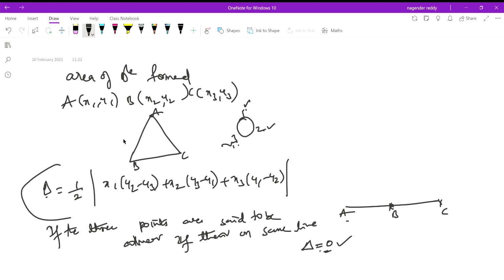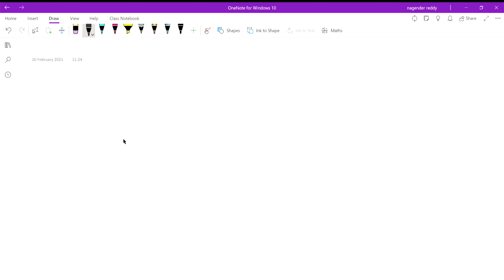We'll go for some problems based on the exercise. We have some questions in the exercise that we can practice. Actually, we have 4 exercises in total. The first one depends on the distance between the points, the second one is the section formula, the third one is the area of the triangle, and the fourth one is an optional exercise. We can go for it.